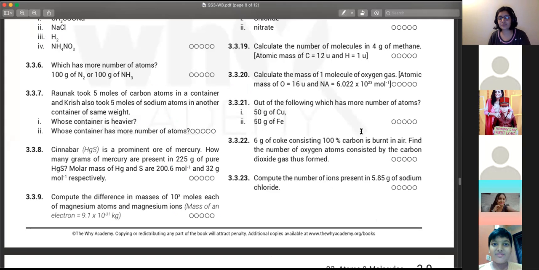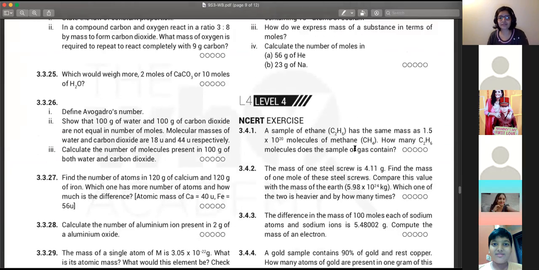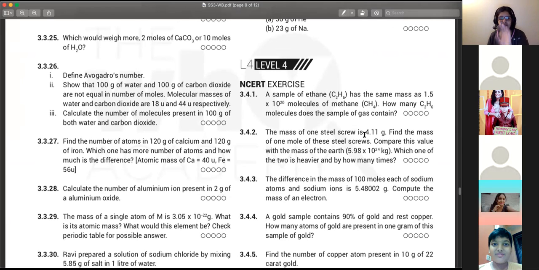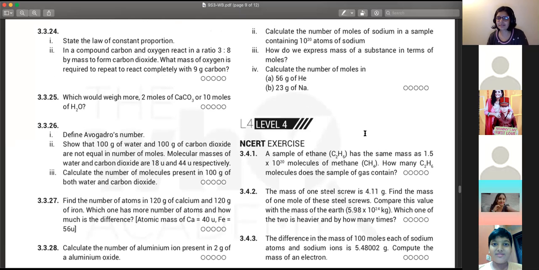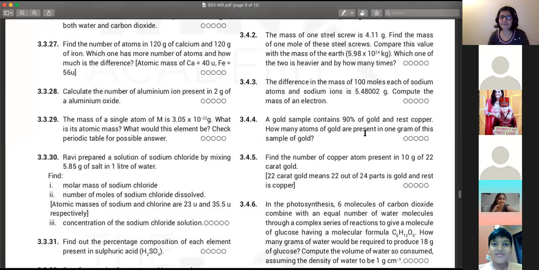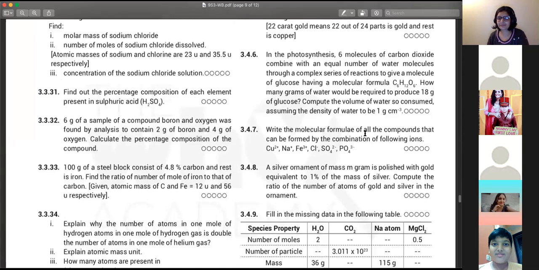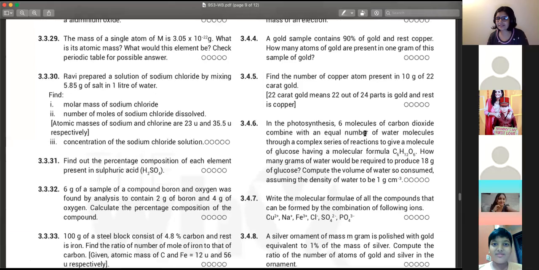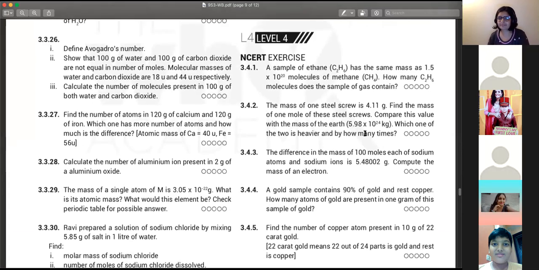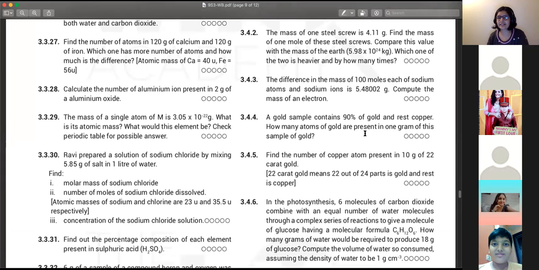So atoms and molecules, if you were to rate this chapter, if I take a test on this chapter, I need everybody to get above 90%, almost 95%. Are you guys feeling that confident? Yes. What about the rest of you? Has this chapter become easy? Yes, ma'am. Very nice.